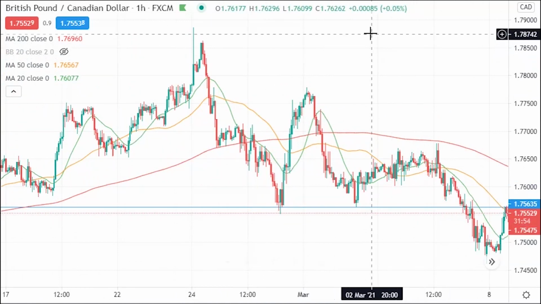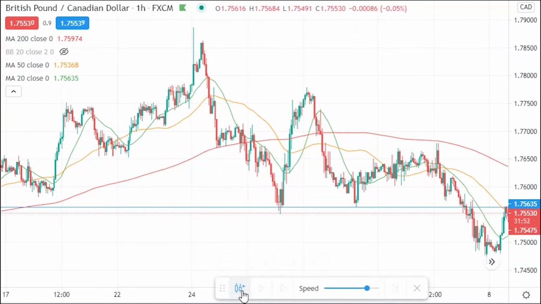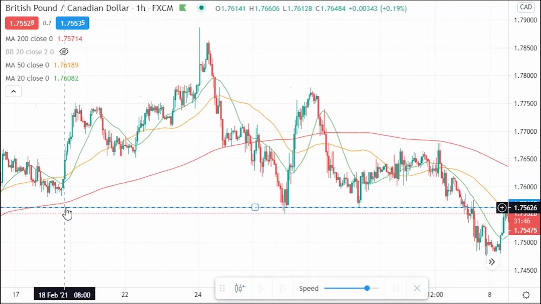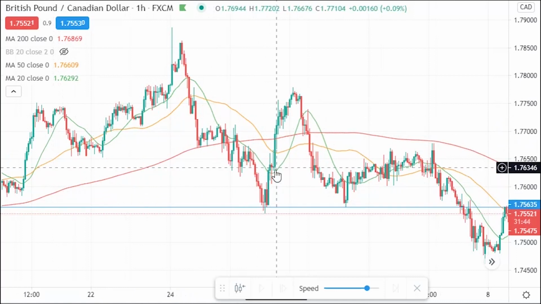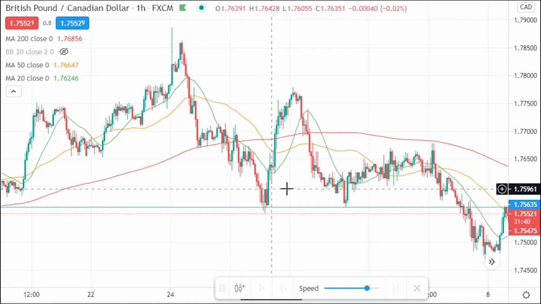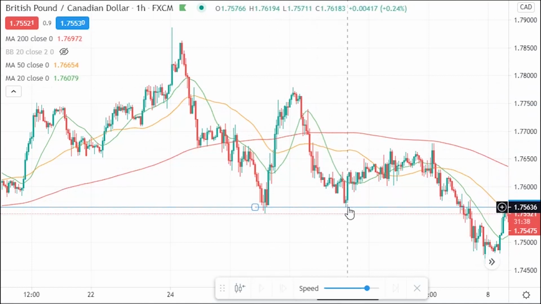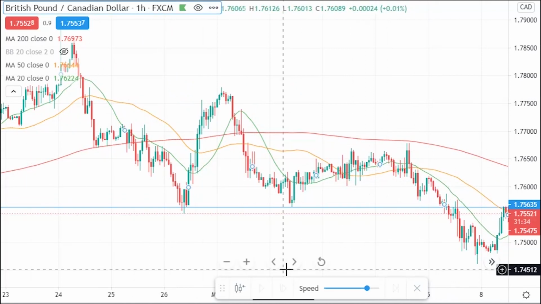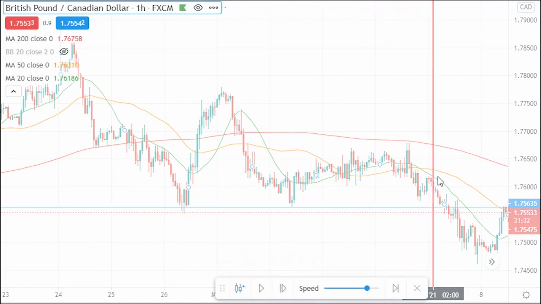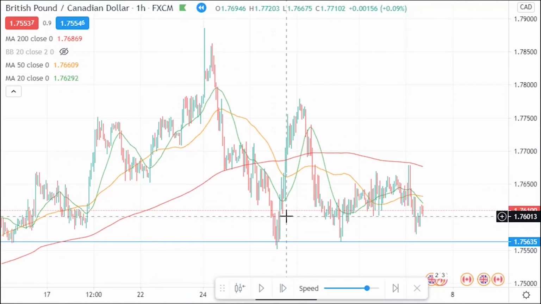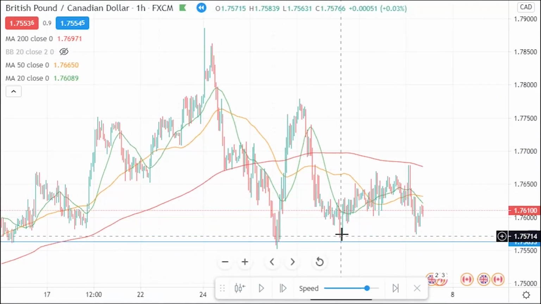Anyway, so I'm going to use the bar replay tool on TradingView, and we can see price kind of touched it here, not really a big support, and then it came down and made a hard turn there. So that's where I would draw the line. Then it came down and tested the same area. So I'm just going to go back to right here, right here on bar replay. So at this point, if it were live time, I would have this line drawn on the chart,